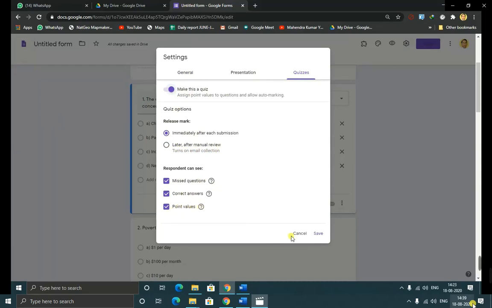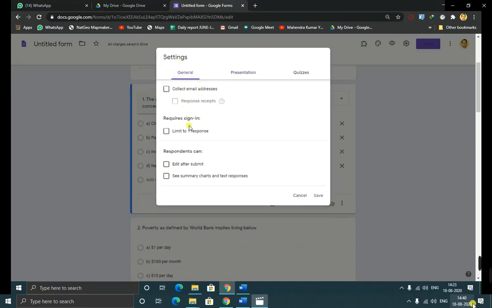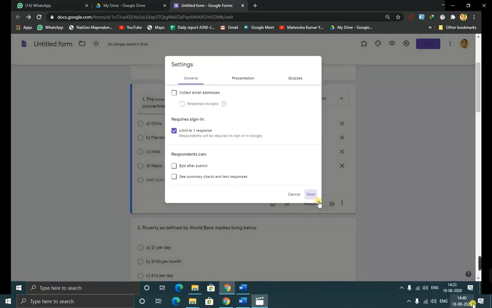No change is required here. Presentation: show the link to submit another response. Uncheck this because only one response is required, and the progress bar should be checked. In the general category, limit to one response, then it will require the candidate to sign in to Google.